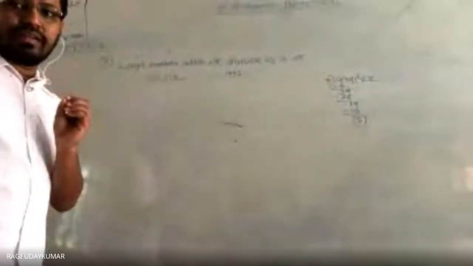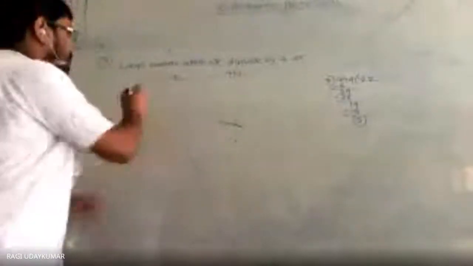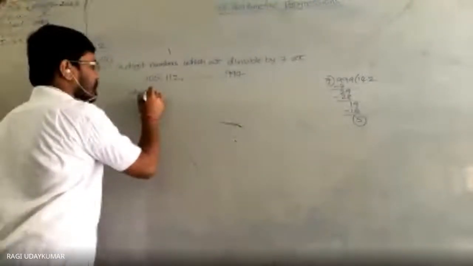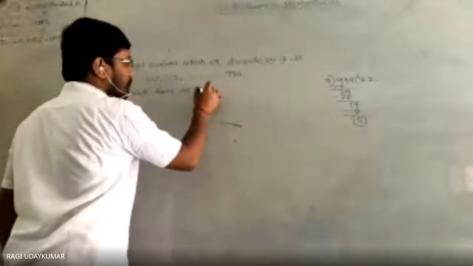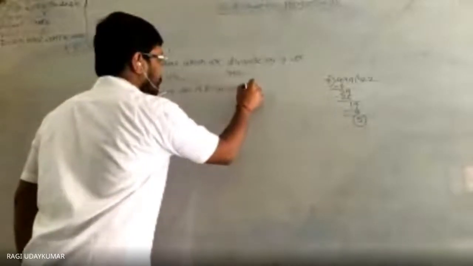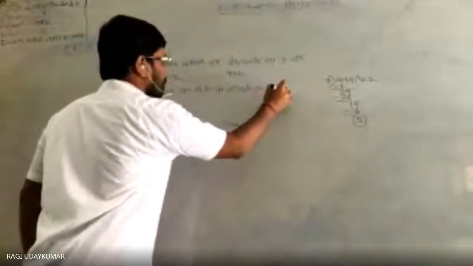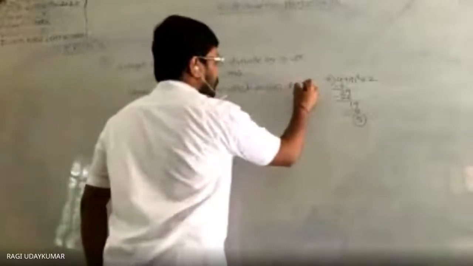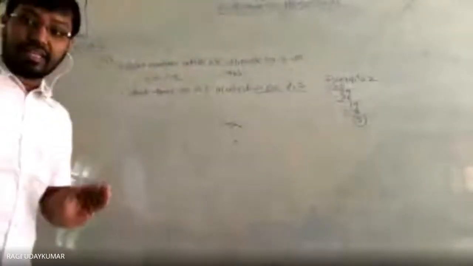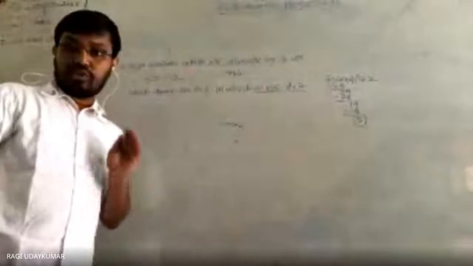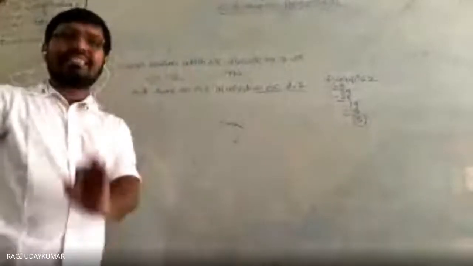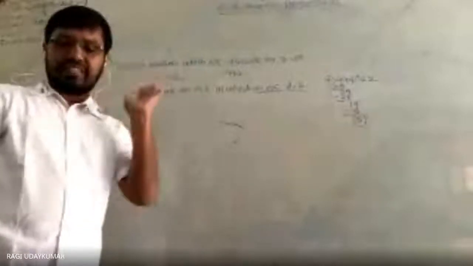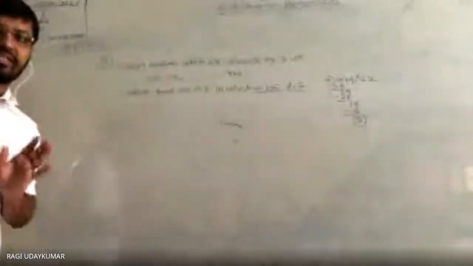994 will be the last term. So now this forms an arithmetic progression in which A is equal to 105 and D is equal to 7. A and D, you have to write here; it is not given as an arithmetic progression in the question. The question is just how many 3-digit numbers are there which are divisible by 7. It asks how many 3-digit numbers are divisible by 7.